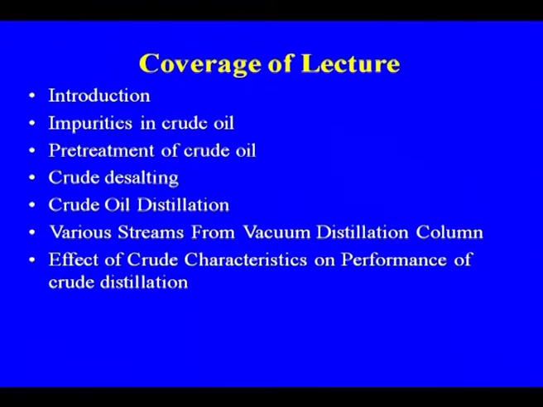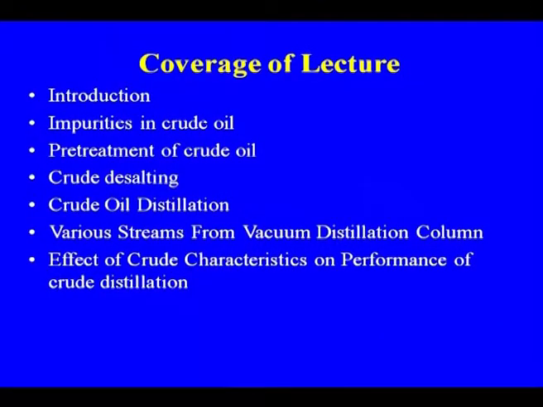present in the crude oil, because they play a very important role in the further processing of the products which you get from crude oil distillation. Whatever products you get from crude oil distillation cannot be used as such for various purposes, and some improvement in quality is needed. For that, the impurities which are there may cause corrosion and catalyst poisoning. So, impurities and their pre-treatment and removal is very important,